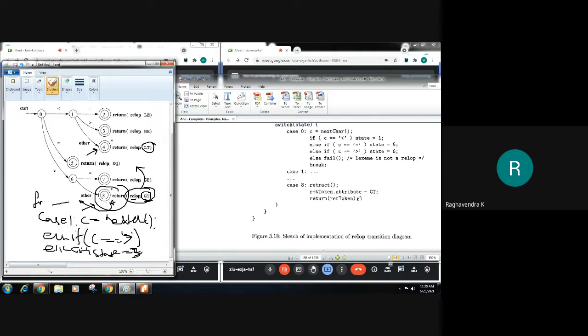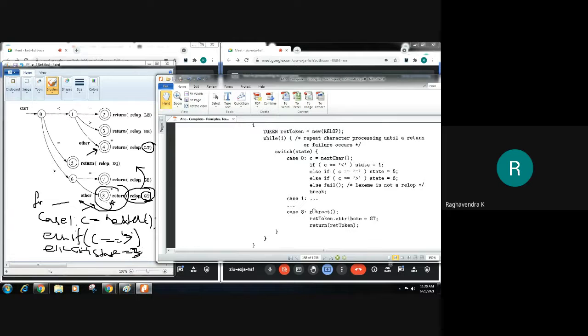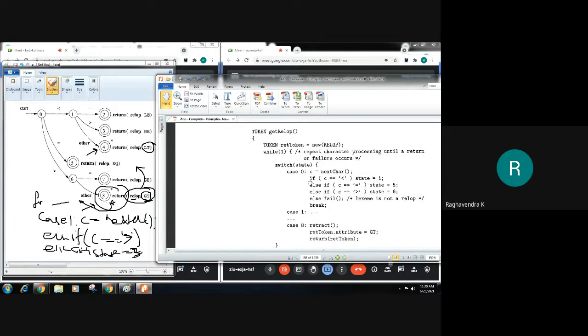So return RET token. It will contain the attribute value, and of course it already contains the name of the token. Name of the token is nothing but relational operator. So this is how you can convert your transition diagram to a piece of code.